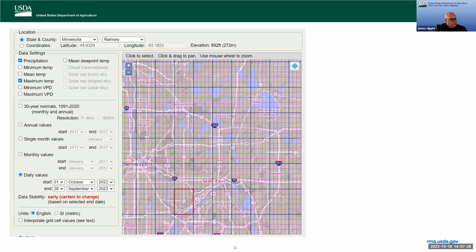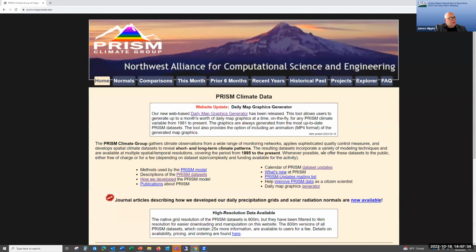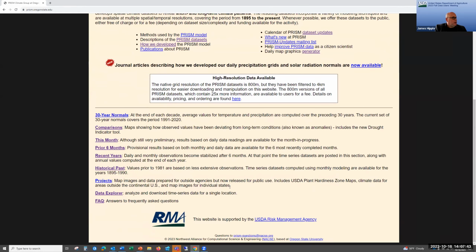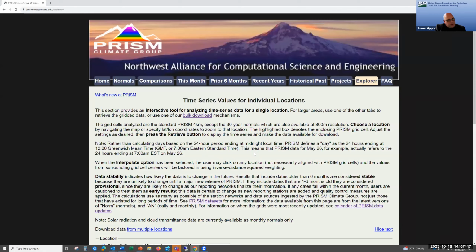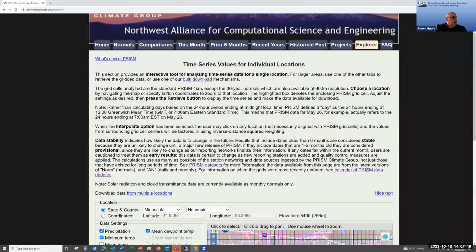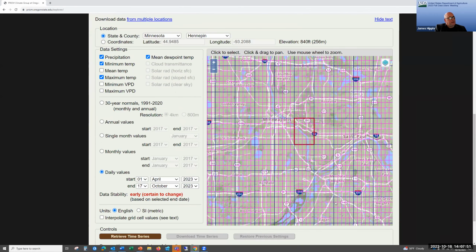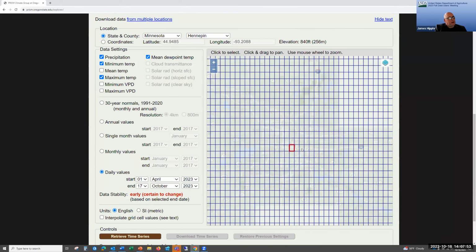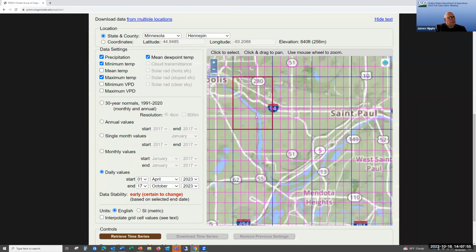We're going to get out of that and go over to the PRISM public website here, prism.oregonstate.edu, and we're going to scroll down and look at the Data Explorer. The Data Explorer, again, that same page comes up, allows me to go in, and in this case right here, an interactive map where I can choose my location. I will choose my home,